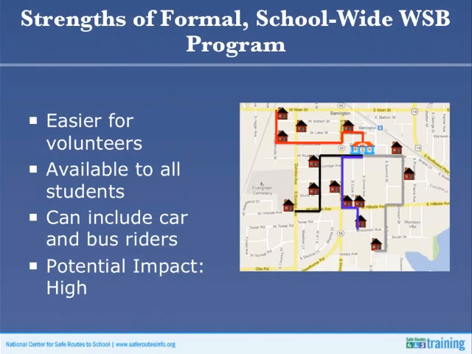Another strength is that a formal program isn't so dependent upon parents and can therefore be opened up to additional children. By setting up daily walking school bus routes that pass through all of the neighborhoods within a mile of school, you can offer the program to every student who lives within walking distance. If you establish the option for families or school buses to drop off students at a couple of the staging posts, you can potentially open it up to children that normally come by car or school bus as well. This is the start of a strategy to reach a broad base of students and families that can have a real health and environmental impact.